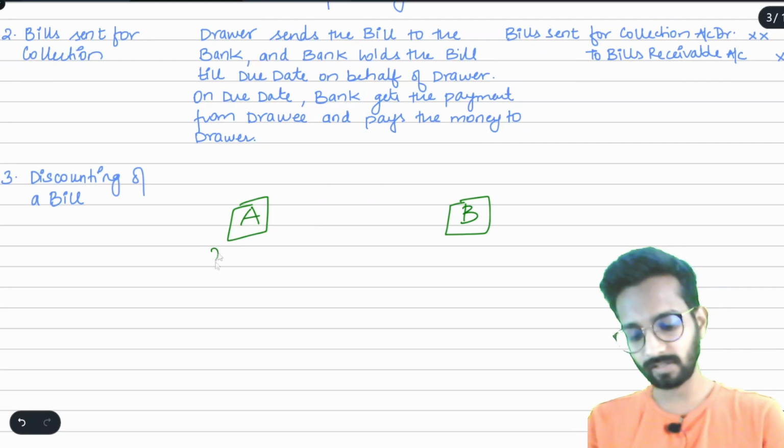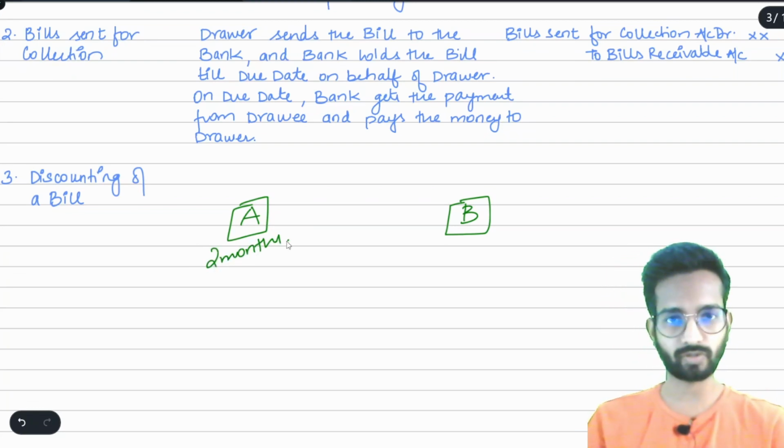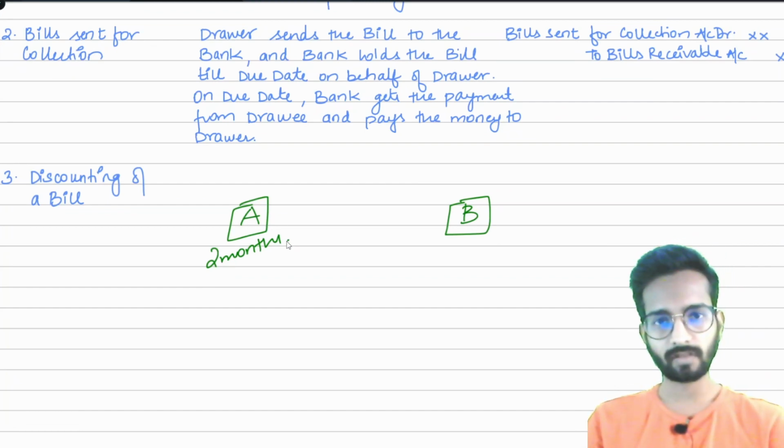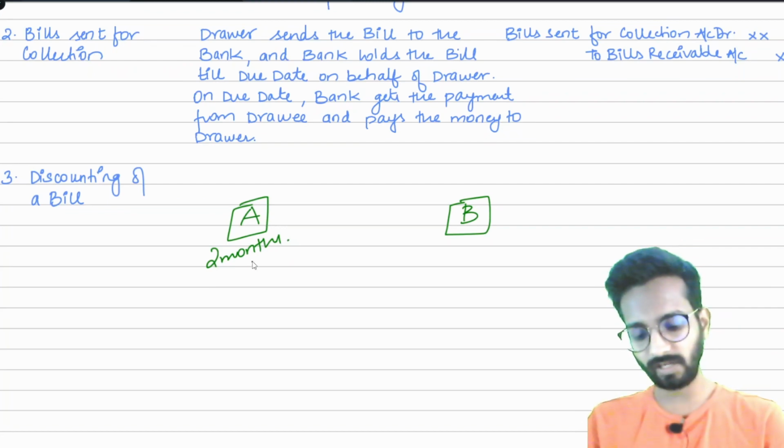The bill says B will pay money to A after 2 months. Okay. But suppose after 10 or 15 days, A needs the money. Now what will A do? A goes to the bank